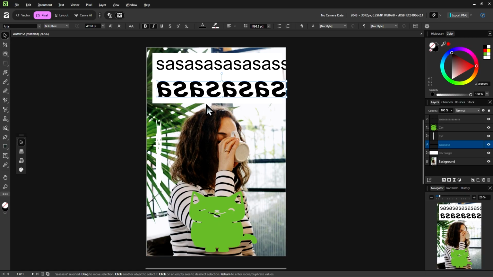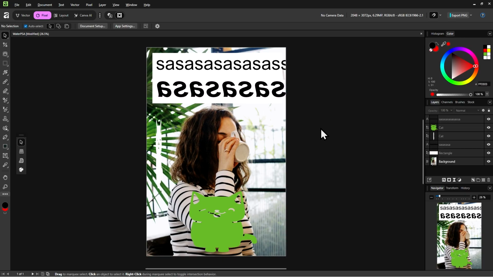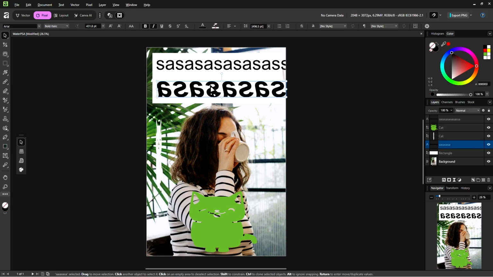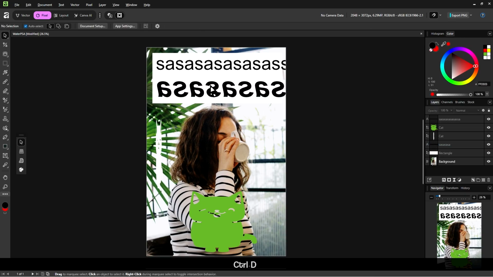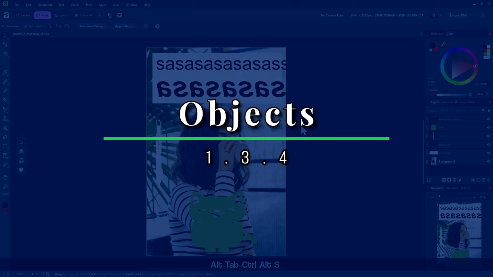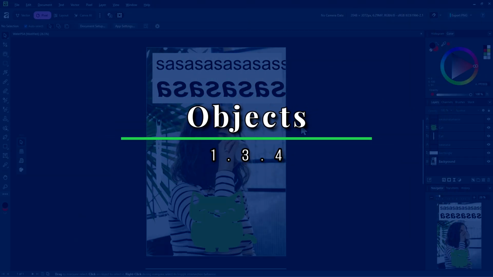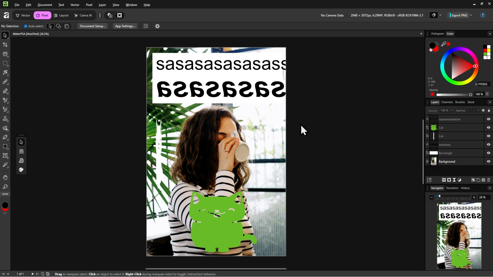What you select is called a selection. And to deselect, meaning to cancel out any selection that you have so that nothing is actively selected anymore, you just click on a blank space, or you can also press Ctrl plus T. So that cat that I just edited the color of and deleted is called an object.